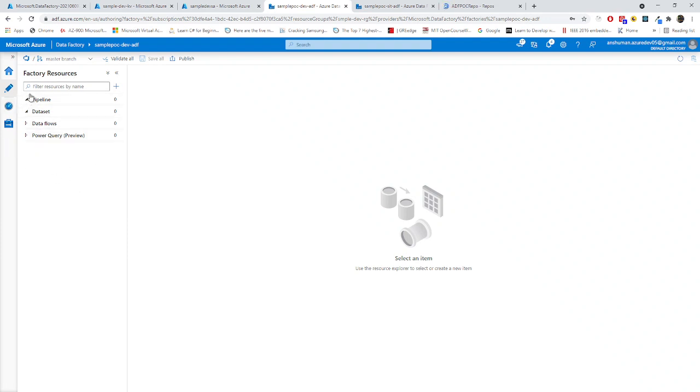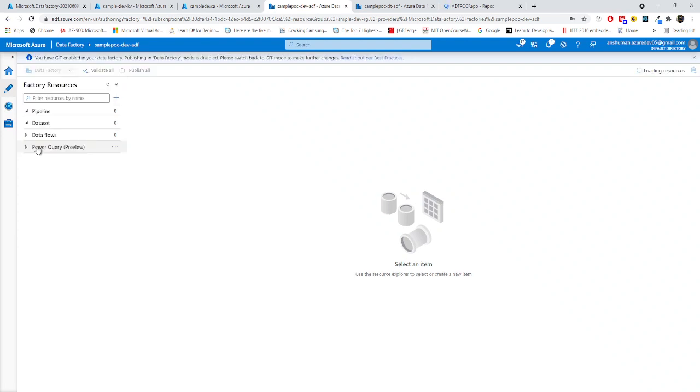I have already told you that whenever you are creating the linked services, they will be directly deployed to the live branch. Now I am pointing to the live mode. So what exactly should be in the live? There should be no dataset in the live mode because we have not published, but there should be two linked services.